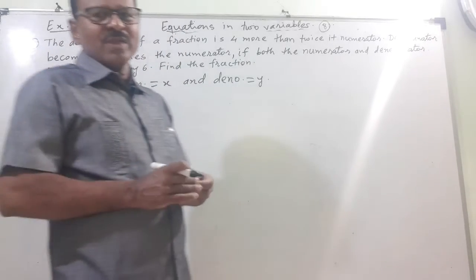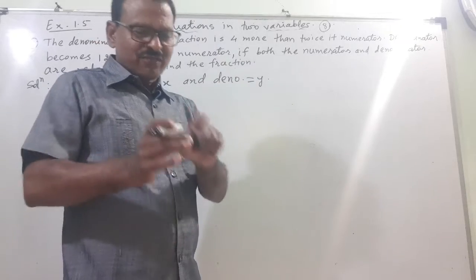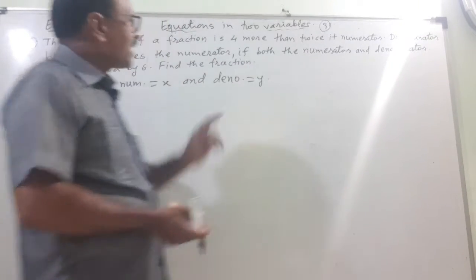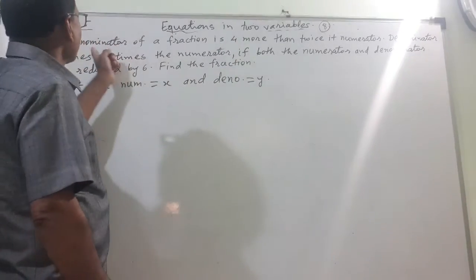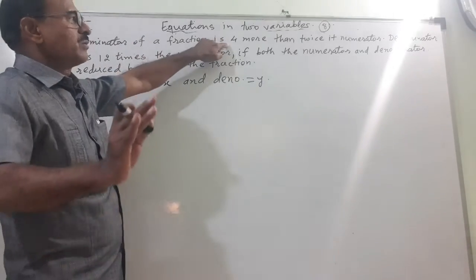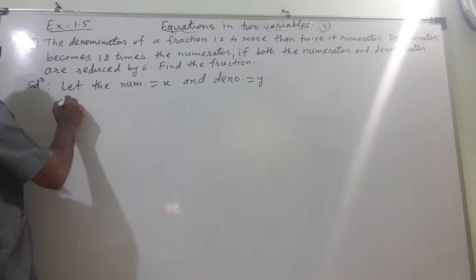If I am elder than you by 30 years, that means the difference of your age and my age is 30 years. That way, just analyze this. Denominator of a fraction is 4 more. Who is more? Denominator is more. Therefore, from first condition,